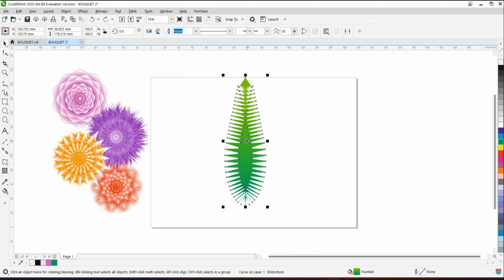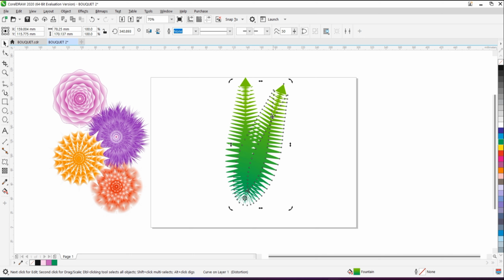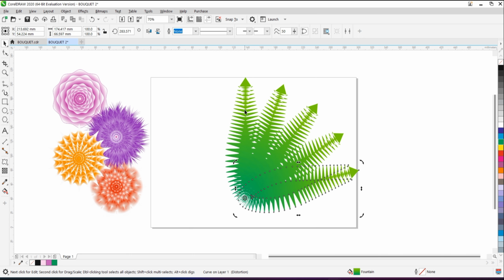Okay, so after setting the leaf in middle, just double click on your leaf. So here you can see this is the center point. Just drag this center point at the end of the leaf. With the leaf selected, press plus sign on your numeric keyboard once and just drag this over here. Okay, so just drag this in this way and now press Ctrl D, duplicate it. Okay, so automatically these 4 leaves will be created with the same space in the middle.